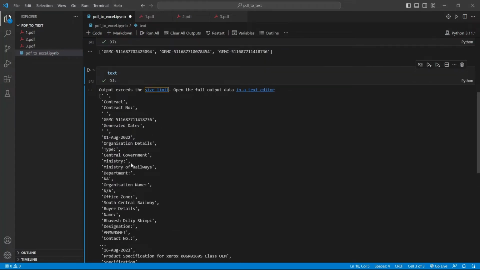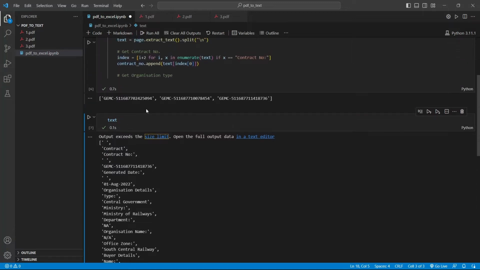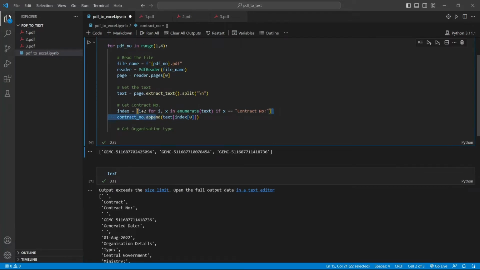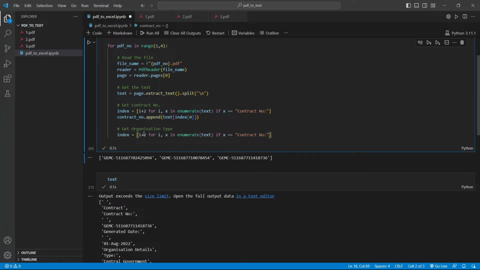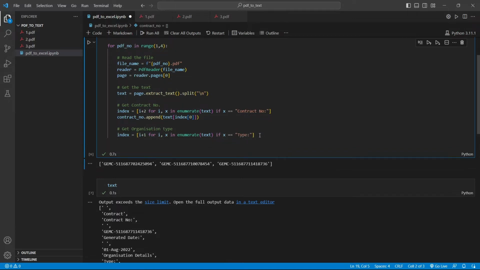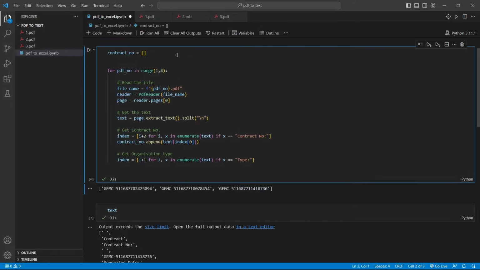So we only want to jump one step after finding this. We don't want to jump two steps because there is no blank element in between this and this. So we only want to jump one item. So I'm just going to copy this, paste it here, jump one item and find type. So this will find the type,